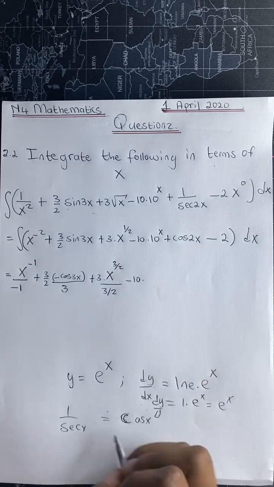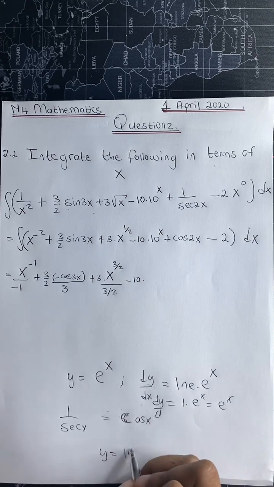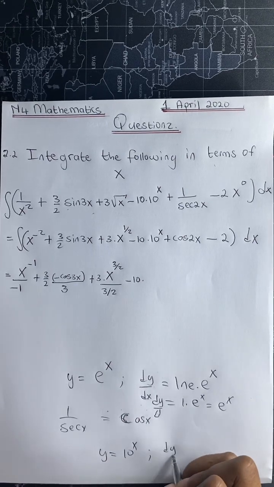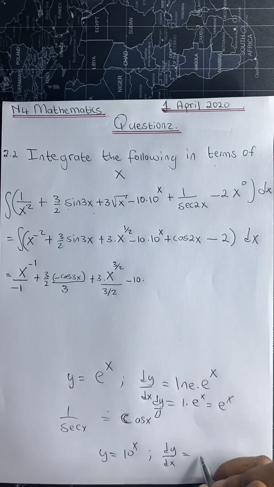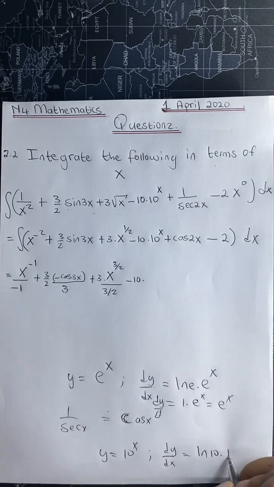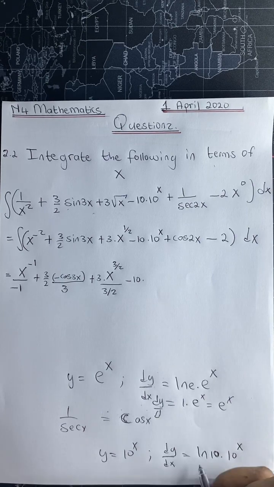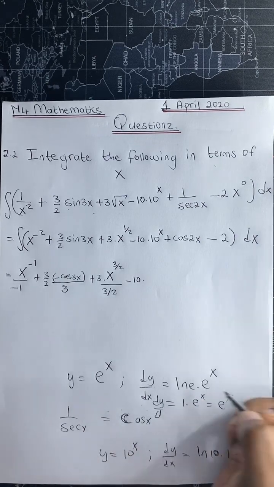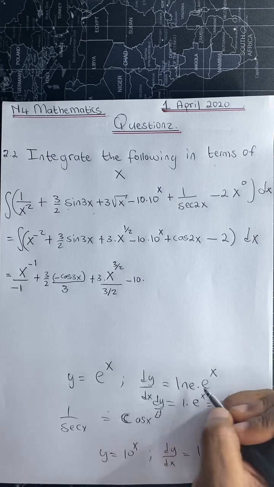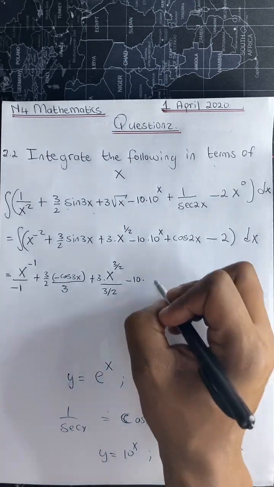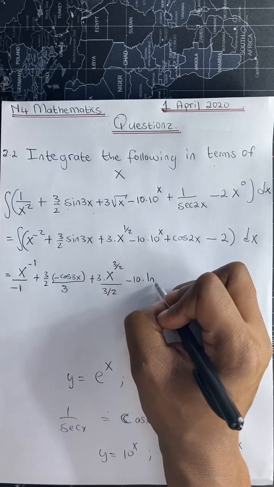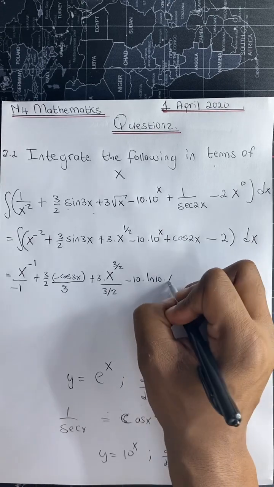But we have y equal to 10 raised to the power x. When we differentiate, we have to take ln of 10 and multiply it by 10 raised to the power x. Ln of 10 is not equal to 1, so we have to include it, unlike ln e, which is not necessary to include because it is equal to 1. So here we include ln of the base 10 multiplied by 10